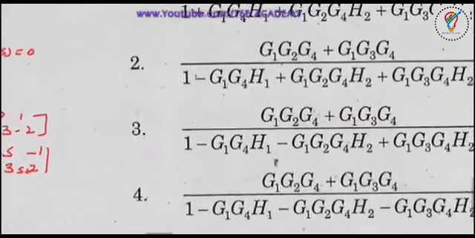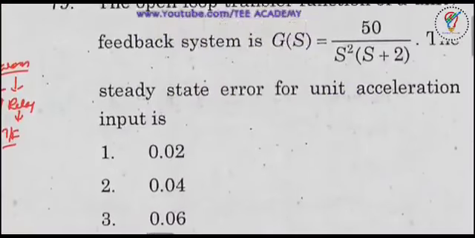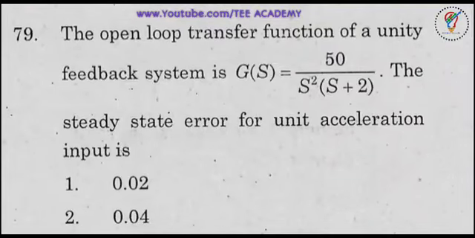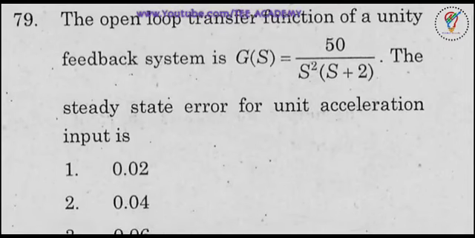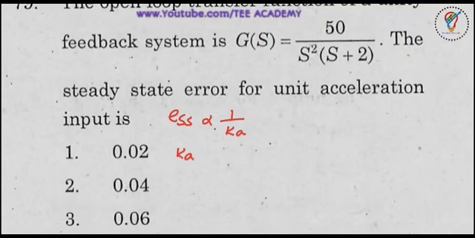Now we'll move to the next question, and this is from control systems itself. See here, the open loop transfer function of a unity feedback system G(s) is equal to 50 divided by s square into (s plus 2). The steady state error for unit acceleration input. Now ESS, steady state error, is inversely proportional to K, for acceleration input. Now what is the K here? So K is equal to